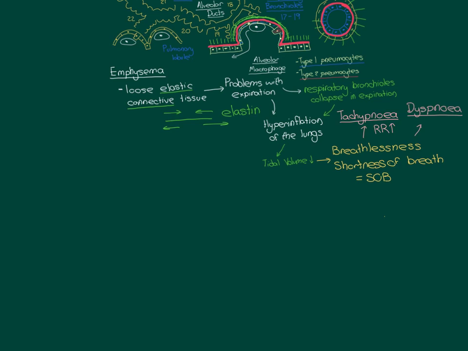Right, so now what I want to understand is why does this occur? The pathogenesis. Why does the chronic inhalation of noxious gases lead to the loss of the elastic connective tissue from the lungs? So pathogenesis then, let's begin. It starts by inhaling chronically noxious gases, and it really does need to be chronic. You need to be doing this for years and years, decades and decades.